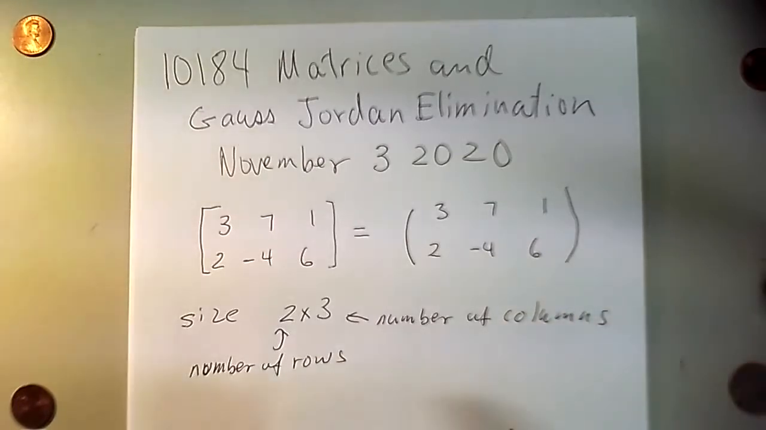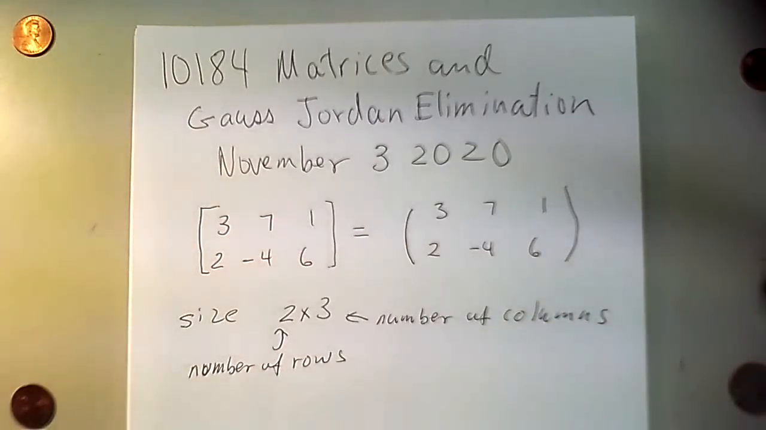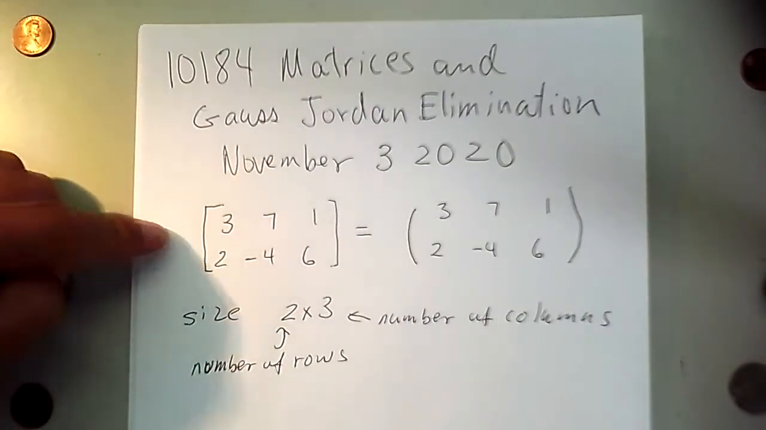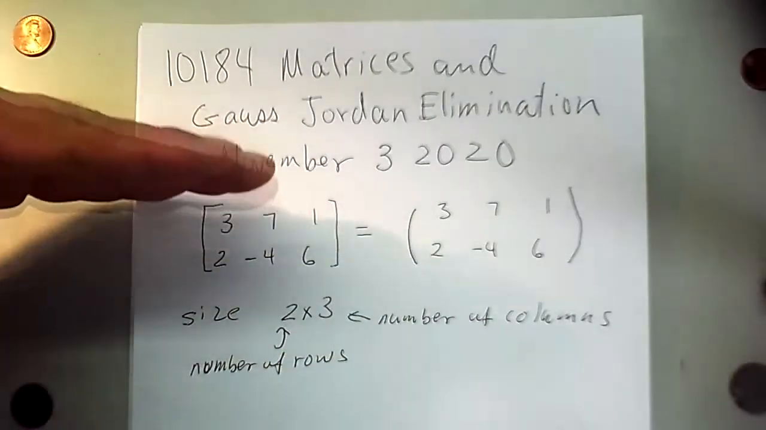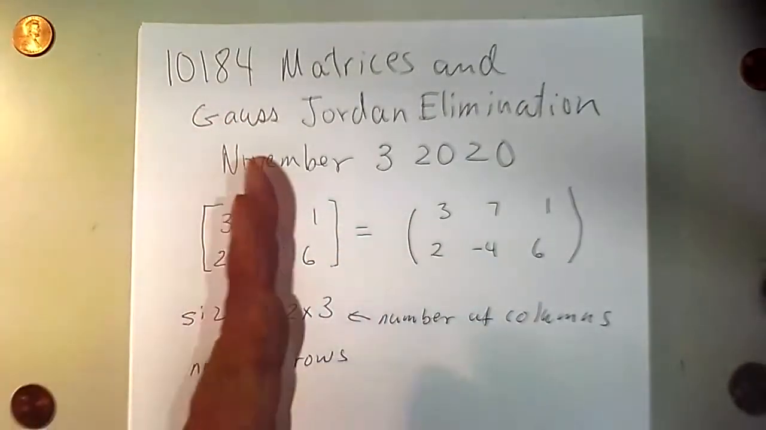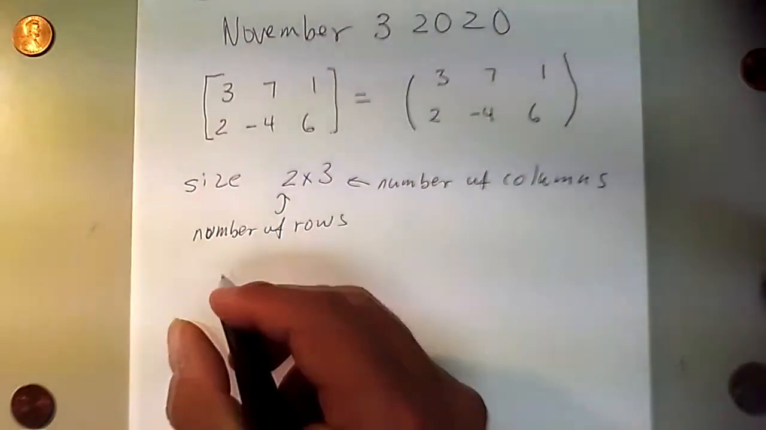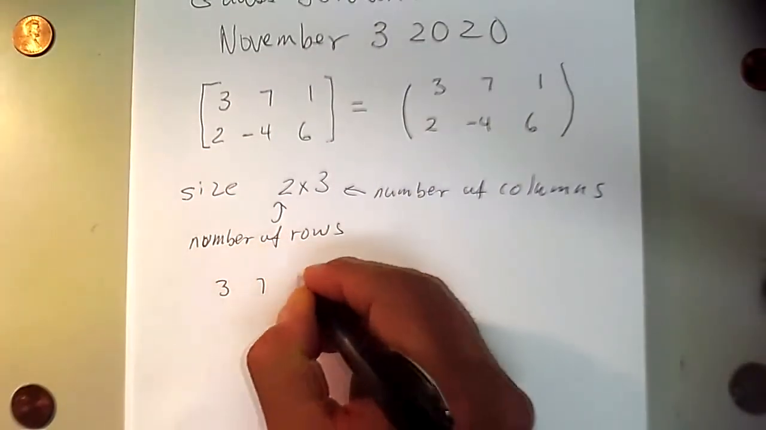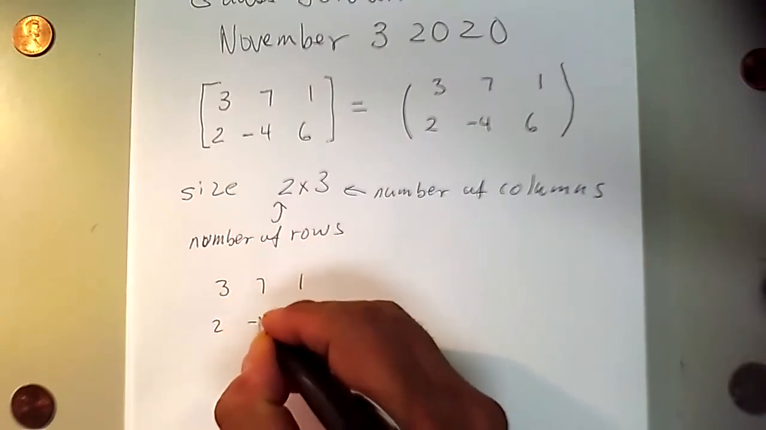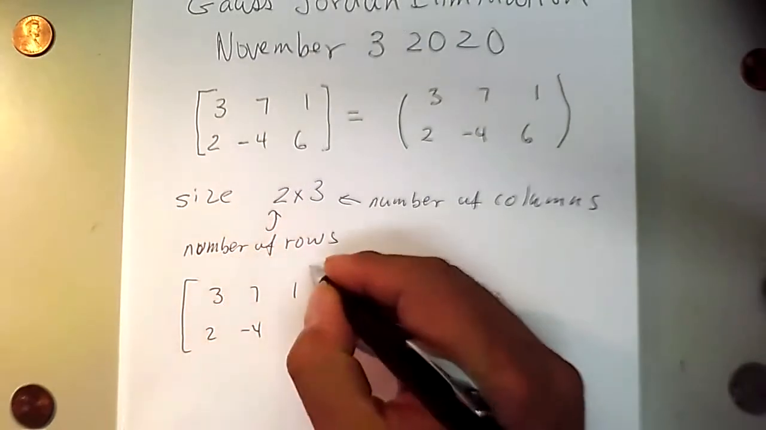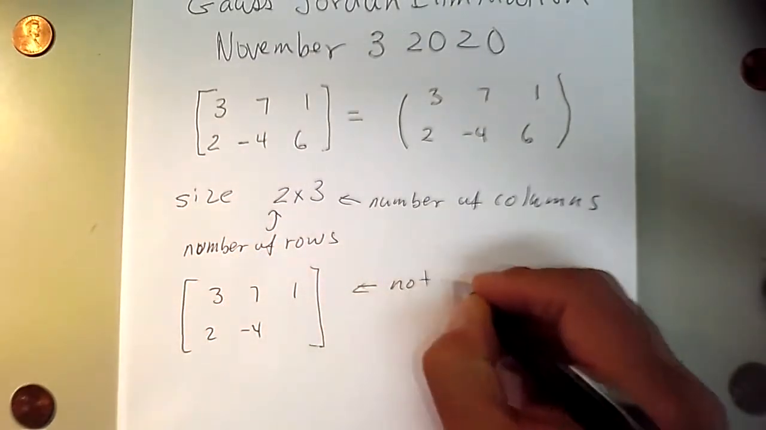And we always have rows and columns. Otherwise, we do not have a rectangular array of numbers. That's what a matrix is. A matrix is a rectangular array of numbers. Rectangular meaning we have rows and corresponding columns. If we have an array of numbers, say you have 3, 7, 1, 2, negative 4, and nothing else, that's not a matrix. It doesn't matter what you put around it. This is not a matrix